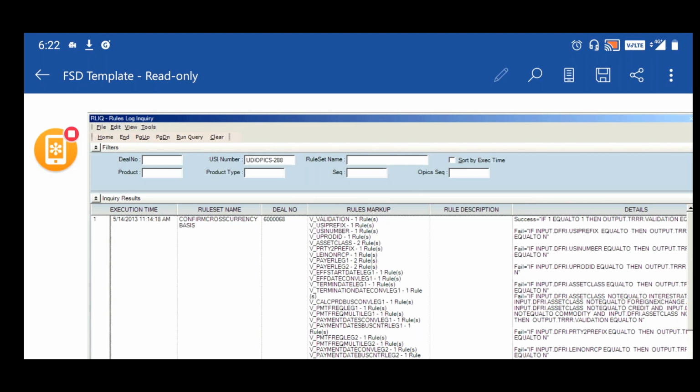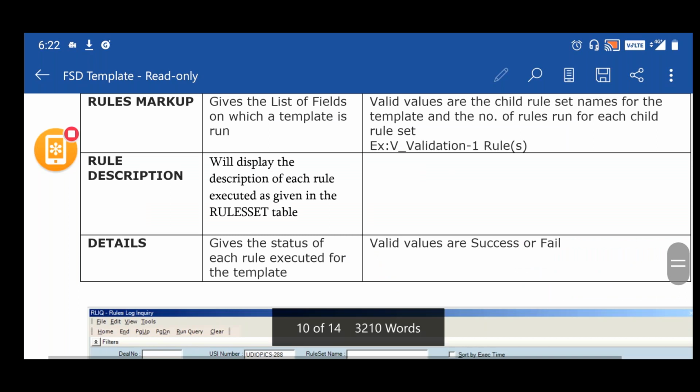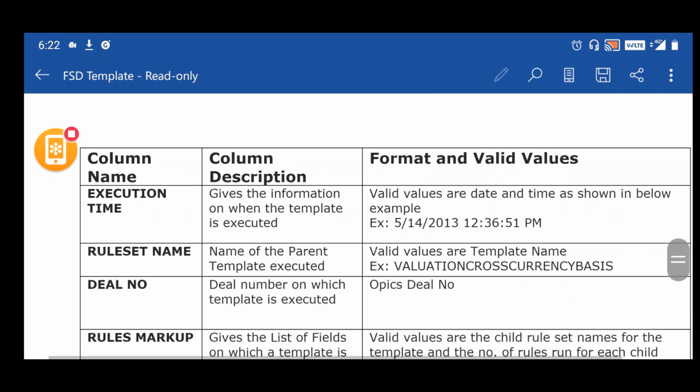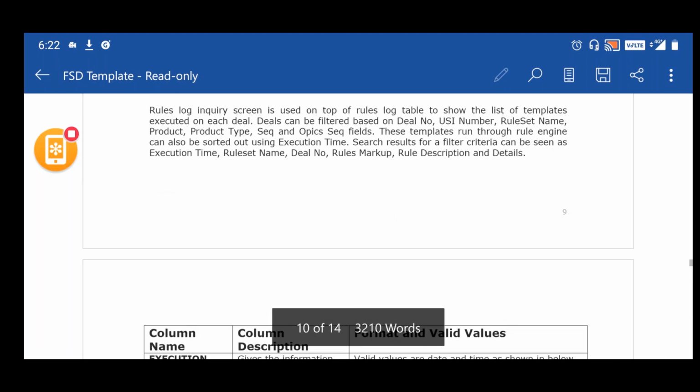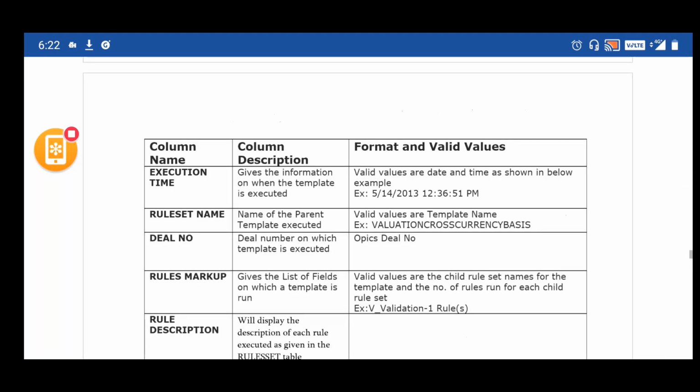Now, if you go to this particular table on top, this table has the details like execution time, rule set name, deal number, rules markup, and rules description. Every column has the column name, the column description, the format, and the valid values.